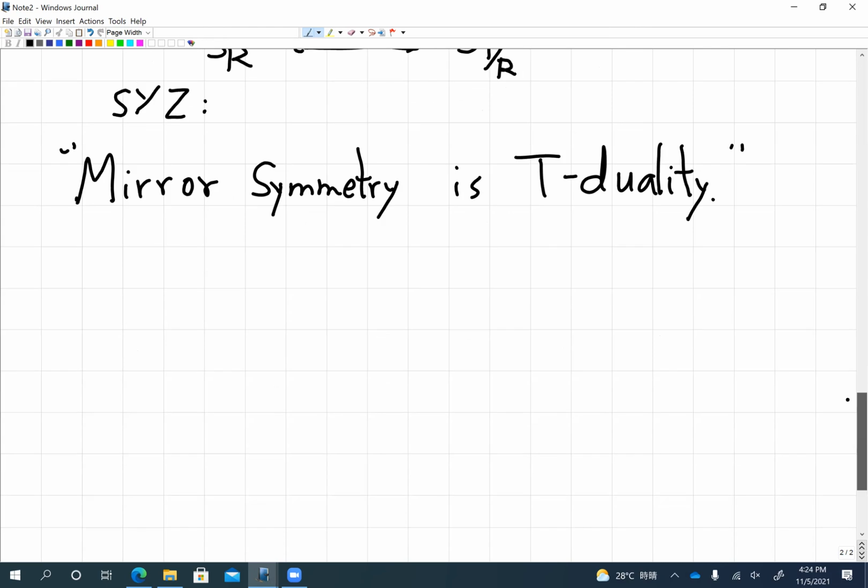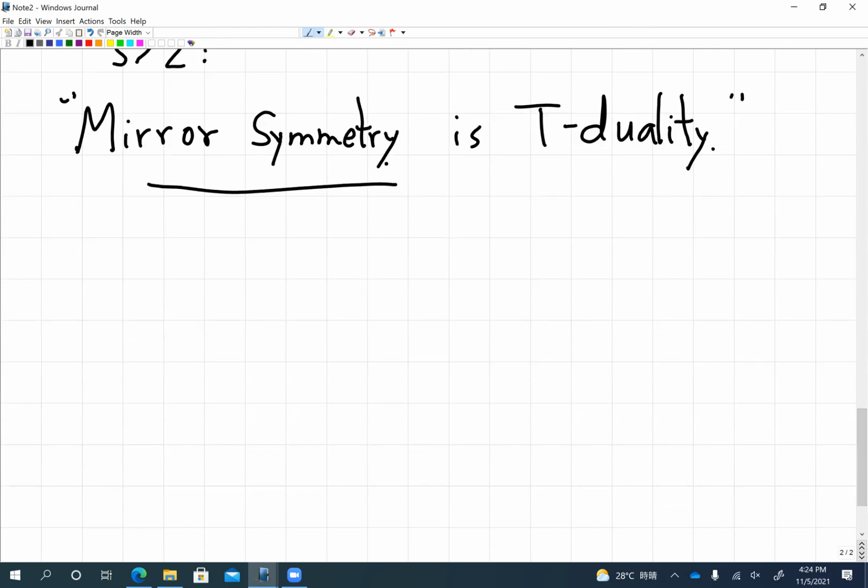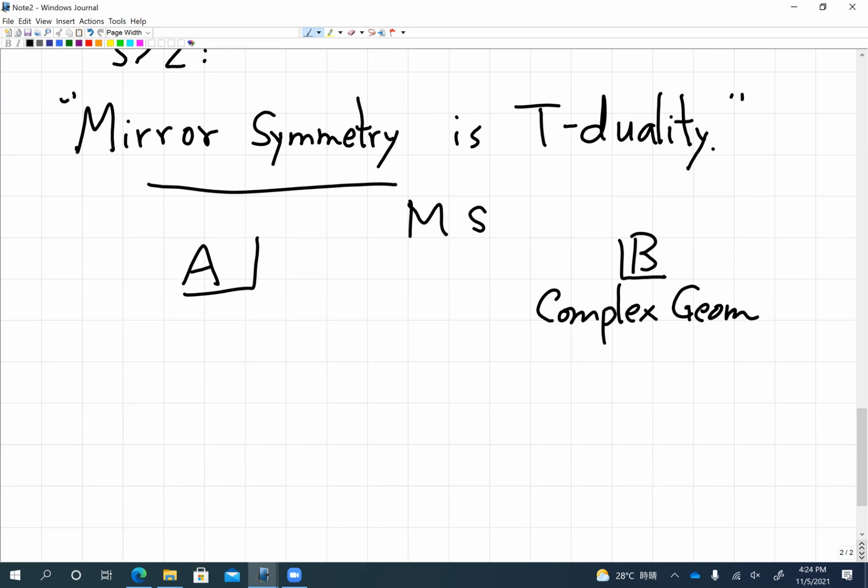Yeah. So mirror symmetry is interchanging strong and weak interactions. For mathematics, mirror symmetry is interchanging the so-called A model to a B model. Well, what are they? Well, these are complex geometry, and these are symplectic geometry. Sorry, symplectic geometry. Okay, so complex geometry is easier to say.